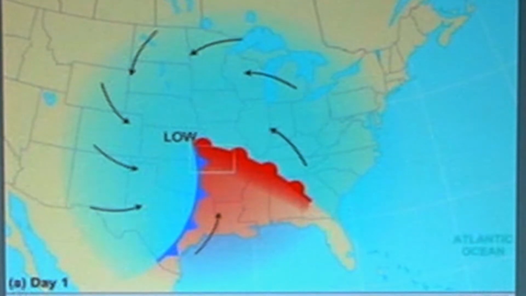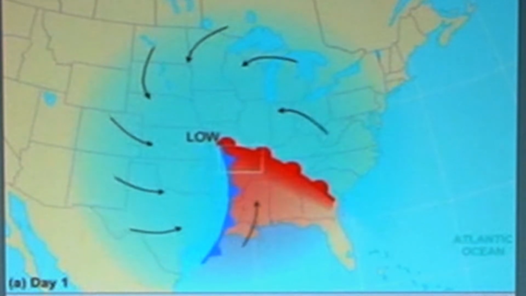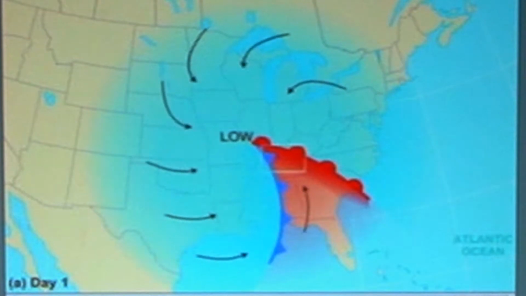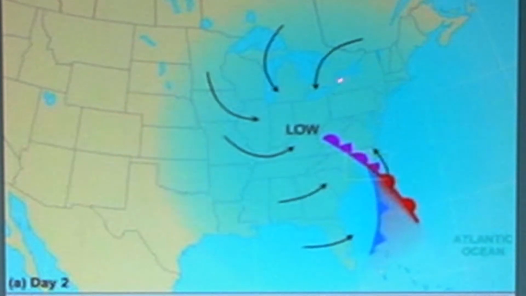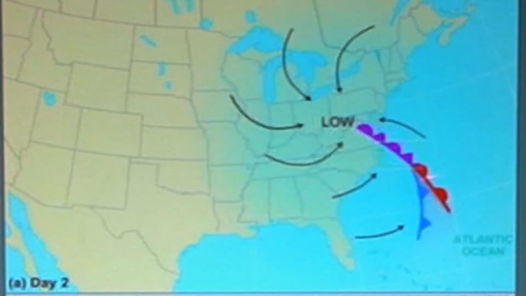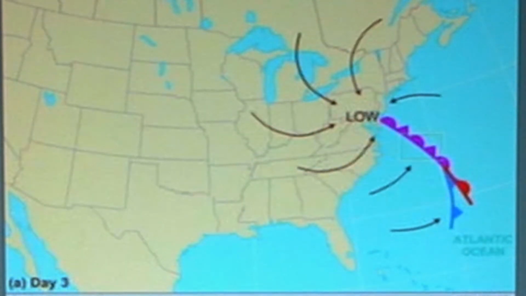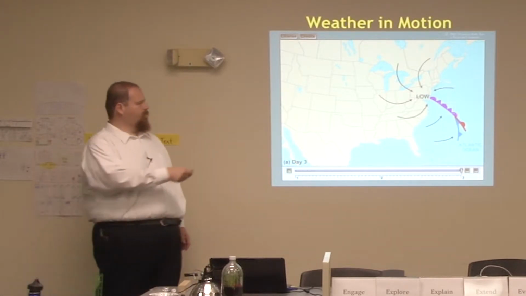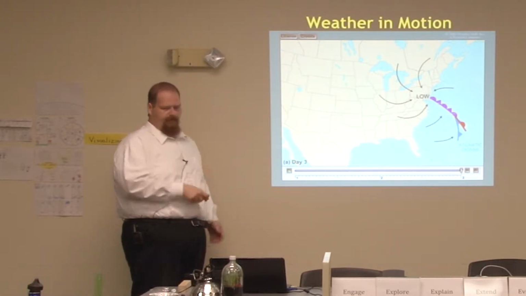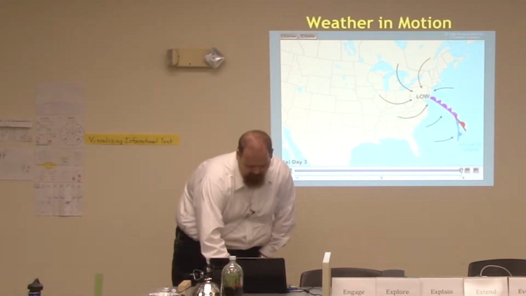How a system just moves across the country in 2 or 3 days. And so you get a lot of the cold, obviously the cold air is coming down and replacing that warm air. You might get a warm spring day and then all of a sudden it's back in the 30s and you get real frustrated because you want spring to be here. This is the type of system that does this. So we get that cold Canadian air mass come in and replace the warmer air mass that we had before.